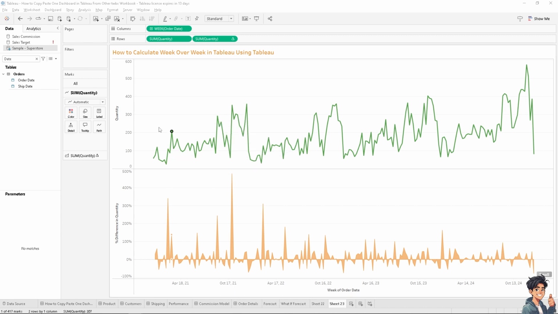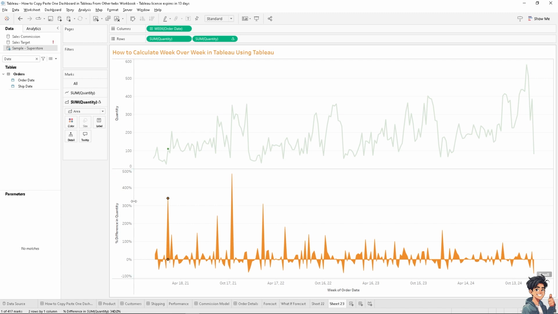And of course, by looking at the weekly changes, you can quickly identify fluctuations that might indicate emerging issues or opportunities that require attention. For example, if you have launched a new marketing campaign, the analysis here, week over week, can help you measure its immediate impact on key metrics like traffic, conversions, or sales. Because if you track the effectiveness of a new product launch or a project by comparing weekly performance before and after the launch, it helps you assess the impact of seasonal promotions such as sales events, showing how these factors